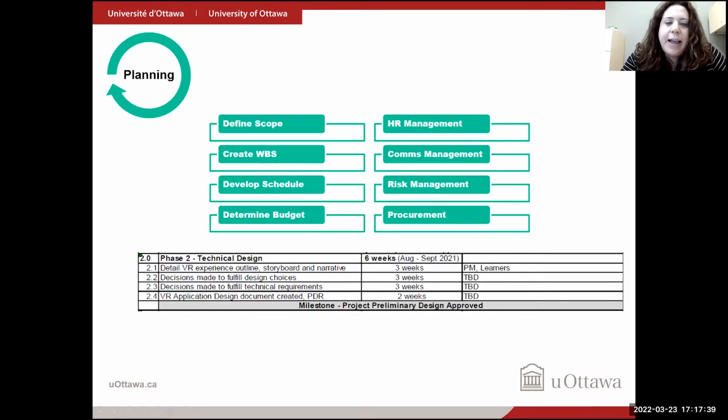In the planning phase, you start to break down your projects into more specific tasks and chunks so you can prepare a more detailed schedule and start releasing some of your financial components of the project. So this is where we start to really define the scope and the effort that's required to achieve the end goal. And it can be iterative in process because there is a lot of that back and forth, especially again in this